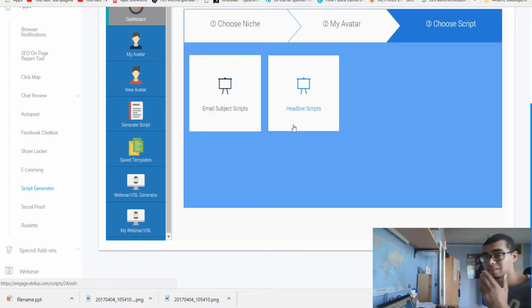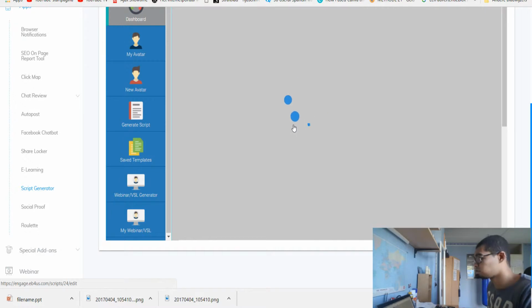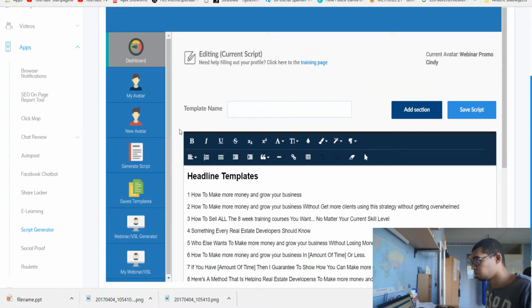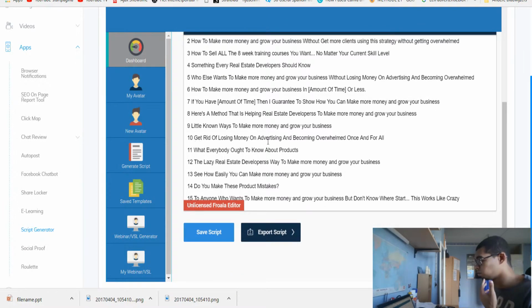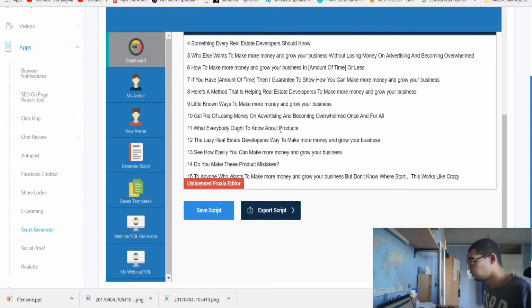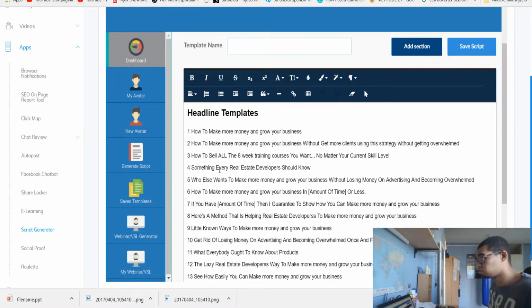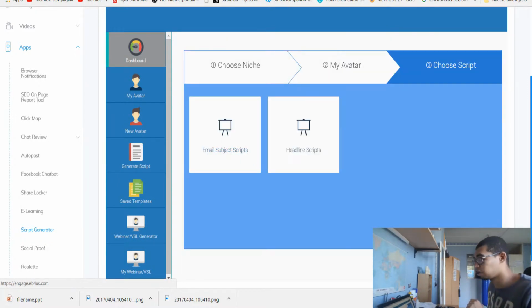Headline scripts. So let's say that you want to write a blog post, for example. Builderall helps you with a headline as well. Something every real estate developer should know. Get rid of losing money on advertising and becoming overwhelmed once and for all. And you can write blog posts using these headlines, or perhaps you need some headlines for your Facebook advertising or whatever you want. Speaking about Facebook advertising, guys,